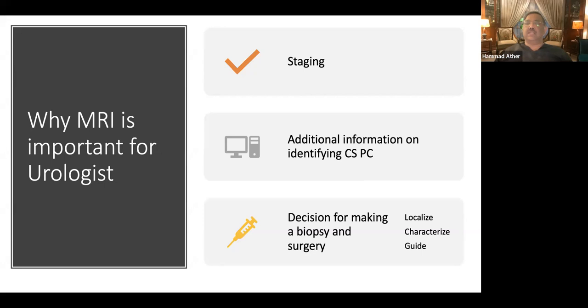And if you recall, last time when we were discussing MRI scan, we talked about PIRAD grading. And PIRAD grading is the one that helps us in knowing what is 4 and 5 cancers. And obviously these 5 cancers are aggressive cancers. Besides this, it also helps us in making decision for a biopsy and surgery. And these decisions are important not only in characterization of the lesion, localization of the lesion, and sometimes direct our biopsies by what is called a fusion biopsy using MRI and transrectal ultrasound.